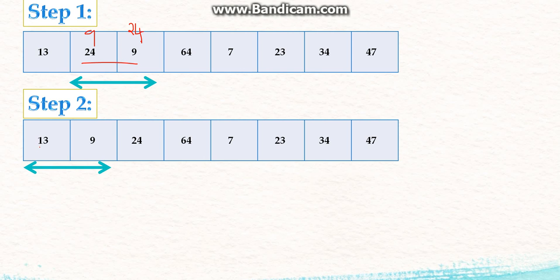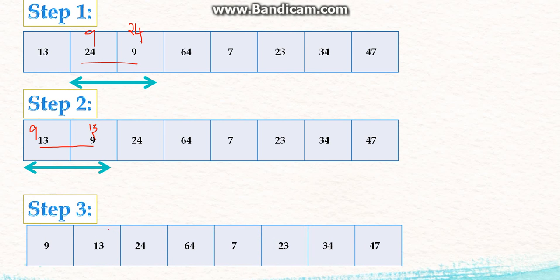Now it is very clear that again here comes an unsorted array. So what we are going to do is 9 will go to the start and 13 will go to the second. 9, 13, 24. Now we have this sorted: 9, 13 and 24. Then we are going to check 24 and 64. Yes, 24 and 64 is sorted. So my next step will be